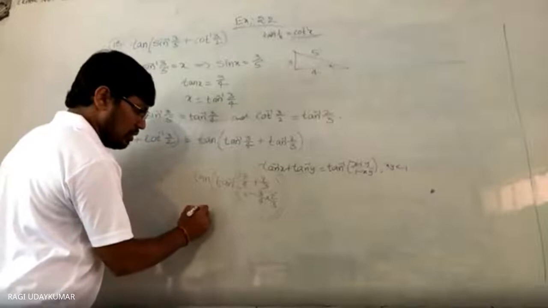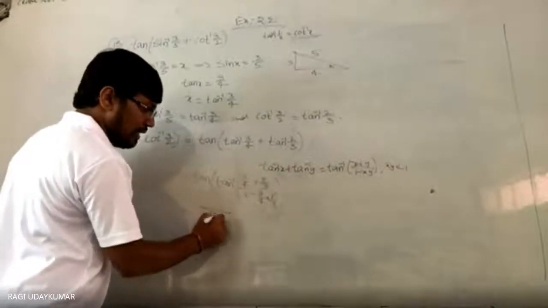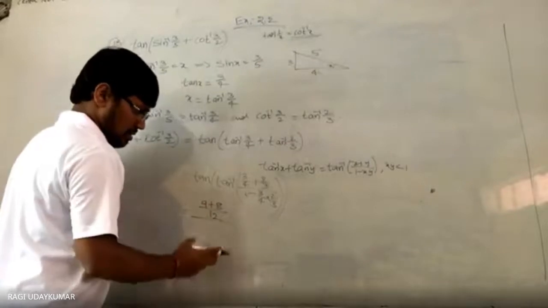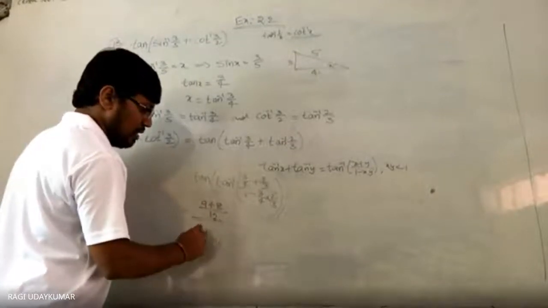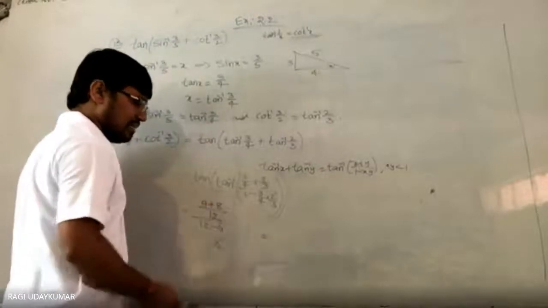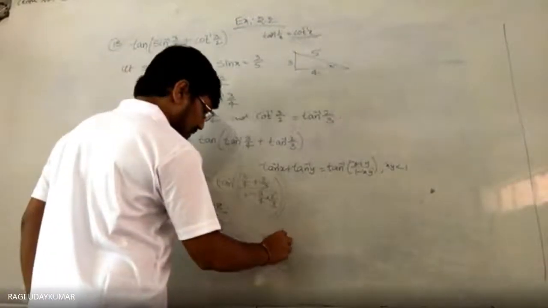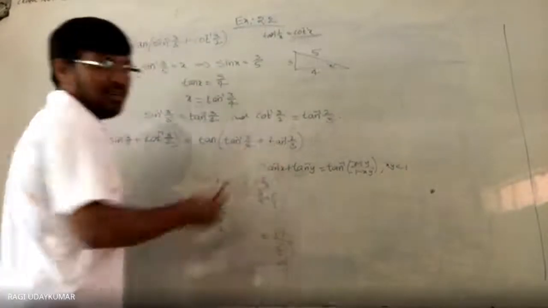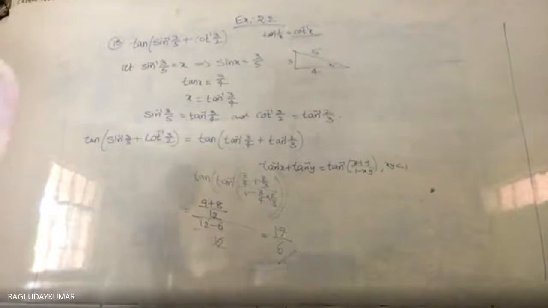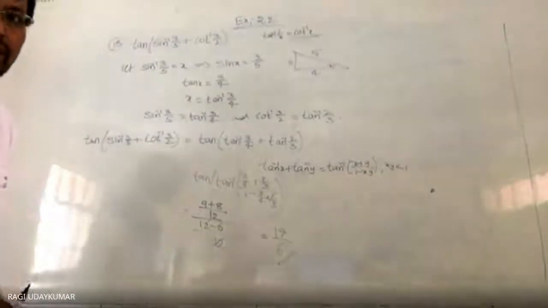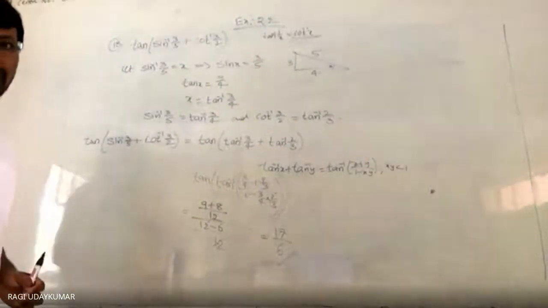So here this is equals to, I'm doing the LCM. 12: you will get 3 3s are 9, 4 2s are 8. Next, here you will get the 12. 12 minus 6, 12 will get cancelled. 9 plus 8 is 17, by 12 minus 6 is 6. 17 by 6 is the required answer. So like this, any problem which is given to you can be solved in this way.